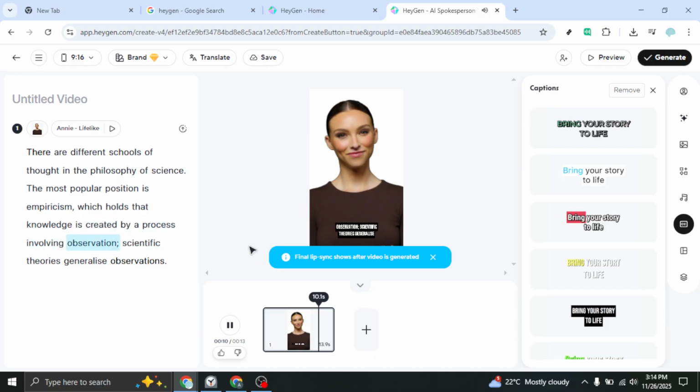Once your design looks great, you're all set to continue your edit and finish your video with